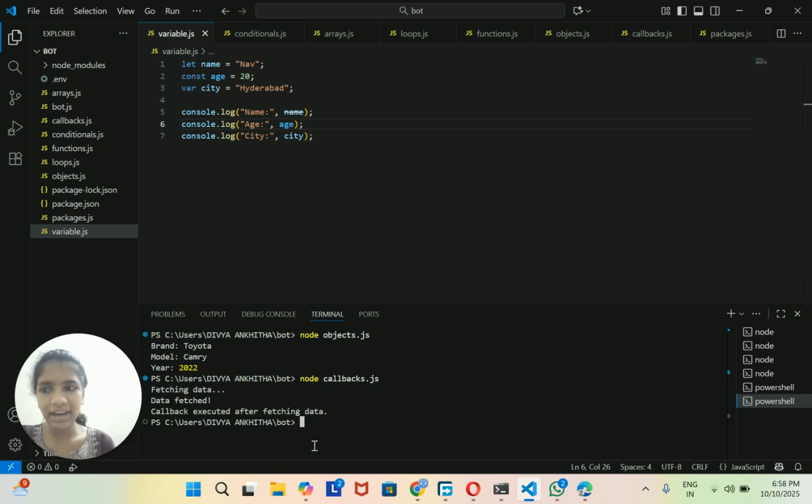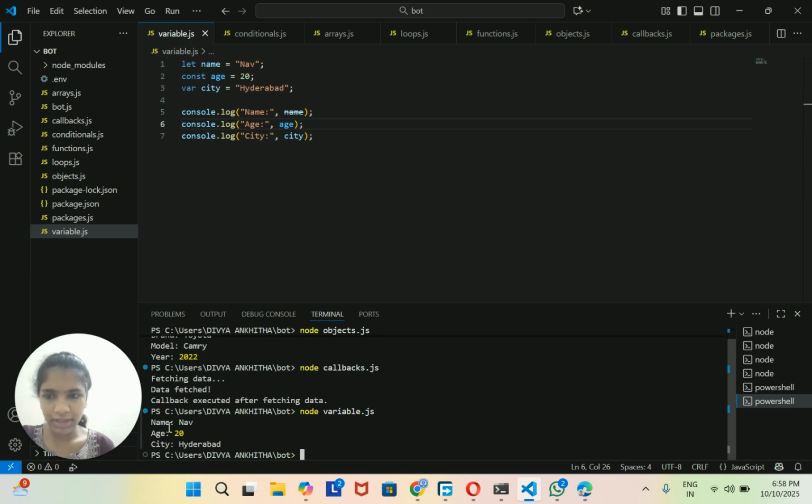So now I will run this using node variable.js. So yeah, see here, you can see it printed my name, age, and city. Like this we can use the variables by using let, const, and var. And next,